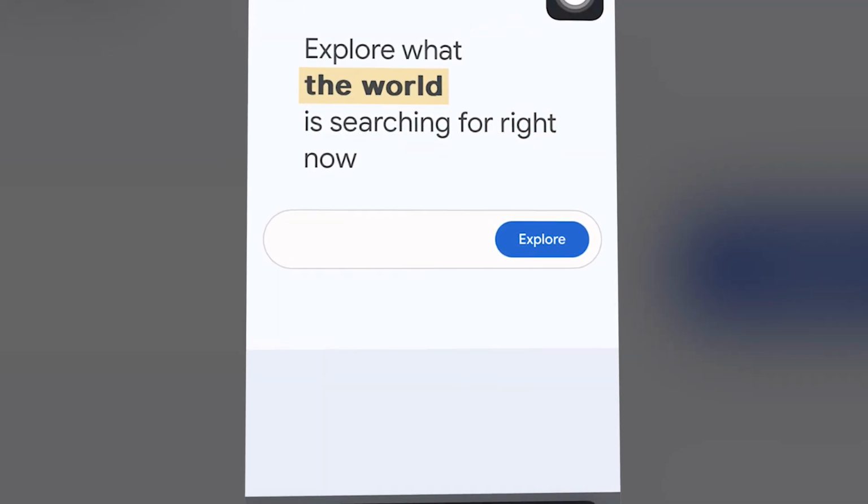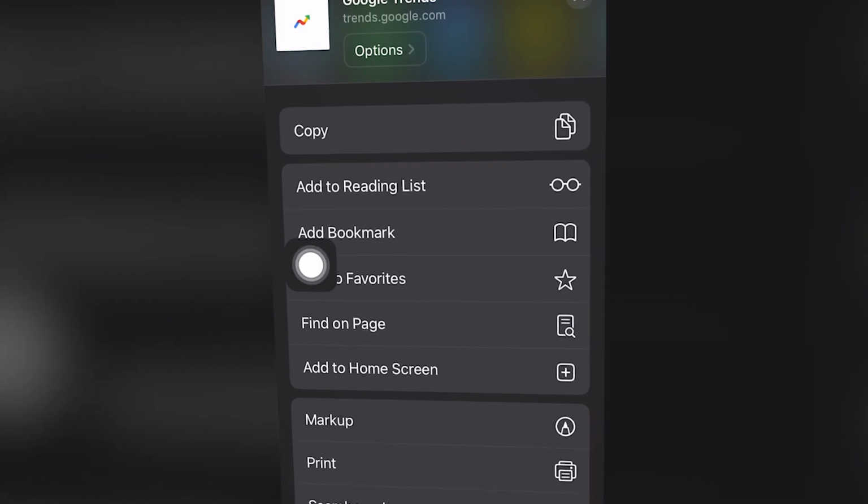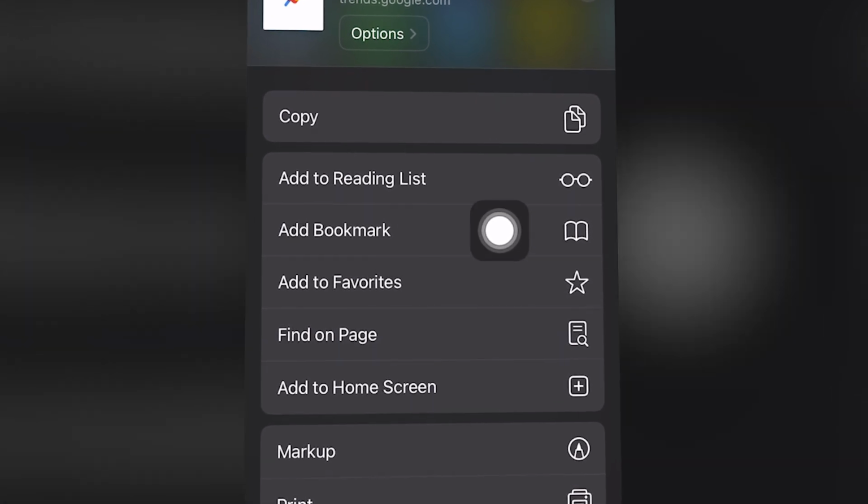This tutorial will show you how to bookmark a website using Safari for iOS, iPhone, or Apple smartphone devices completely